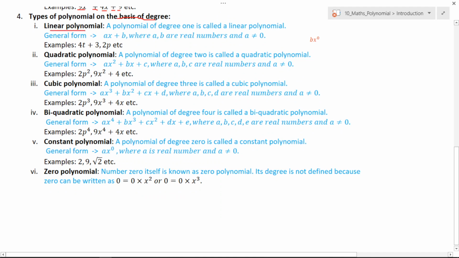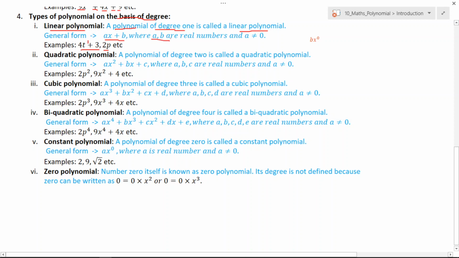First is linear polynomial. A polynomial of degree 1 is called a linear polynomial. An example is 4x plus 3, and its degree is 1, so it is a linear polynomial. 2p is also a linear polynomial, and the general form of the linear polynomial is ax plus b, where